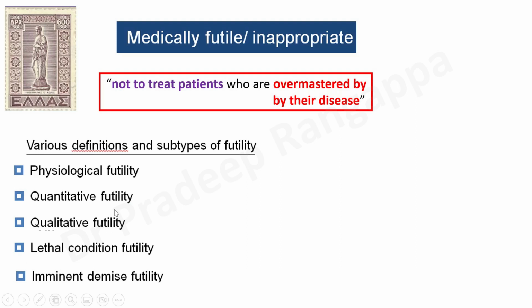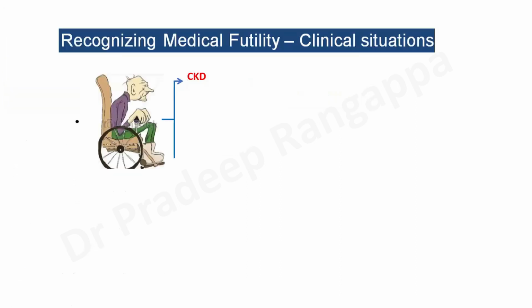Qualitative futility is where the patient has been bedbound, his quality of life has been very poor, and he's fully dependent. So you know that putting them on life support measures or any other measures is only going to prolong his agony and distress, and it's not going to change the outcome. Quantitative futility is the tremendous amount of resources that may have to be put in, and not necessarily that may change the outcome. Physiological futility is where your underlying physiology is so deconditioned, or the variables are suggestive, that the outcome is going to be bad. These are some of the definitions, and I'm sure there will be an overlap between them.